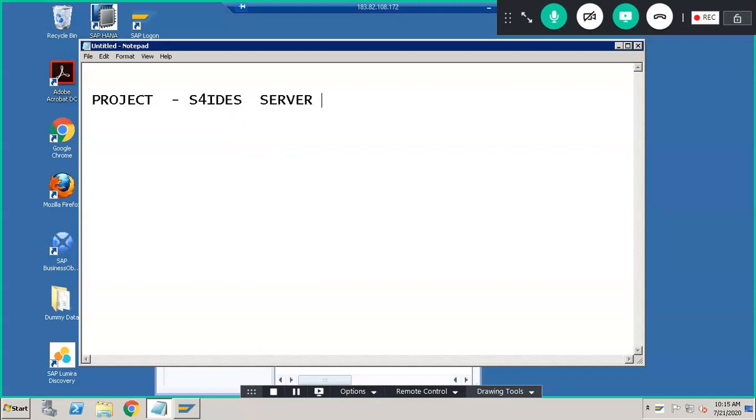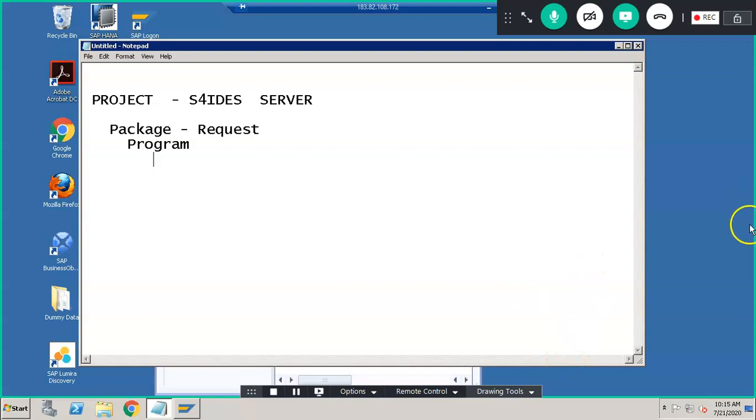Once we have done this as a project, once we create a project, under that we can create a package. When we create a package, obviously a request number will be asked, and you can maintain the request numbers. Under the package, we are going to create the program, and in the program we are going to see how things will be different.